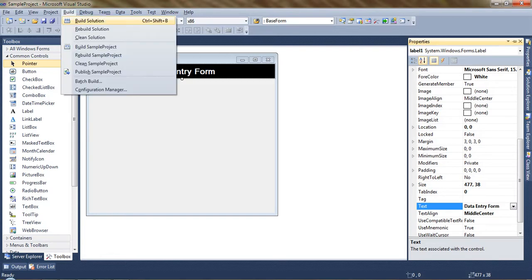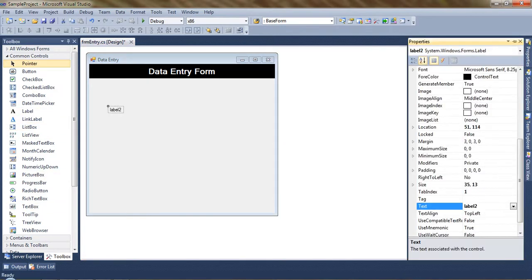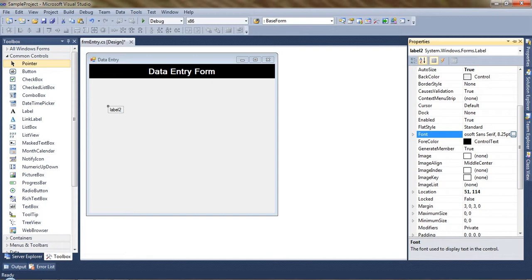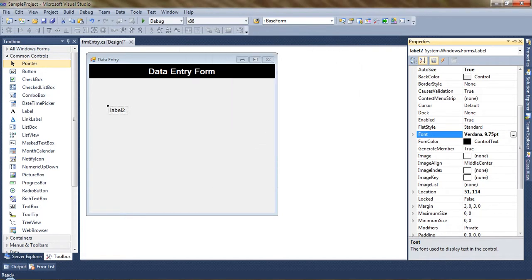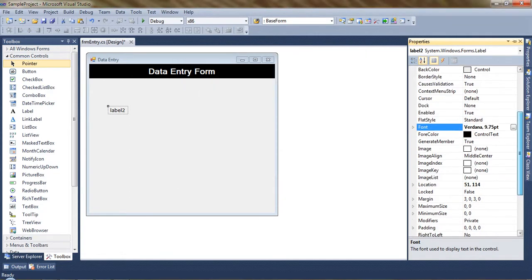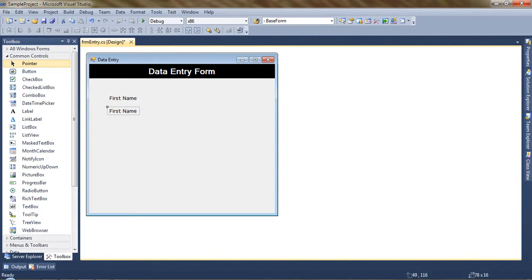So till now I think you have understood what I did. Now we'll add one label. We'll change the font to Verdana 10, and we'll change the text to first name. Similarly I will add another, last name,